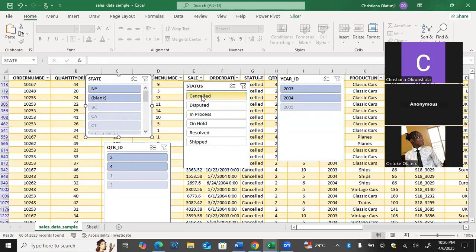Now, when I clicked on cancelled status, meaning I only have cancelled in year 2004 and year 2003, Q2 and Q4 of that year, and I only have cancelled in states New York and blank. This is what it means. Looking at this place, it already selected the amount of records I have that are cancelled, meaning now it is telling me